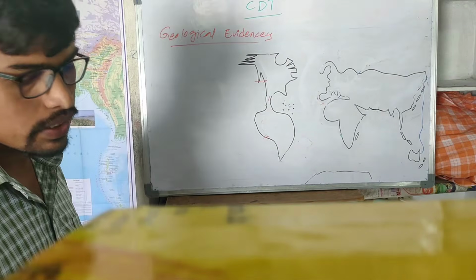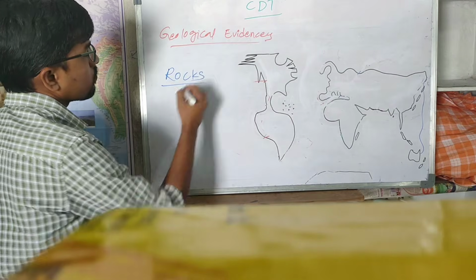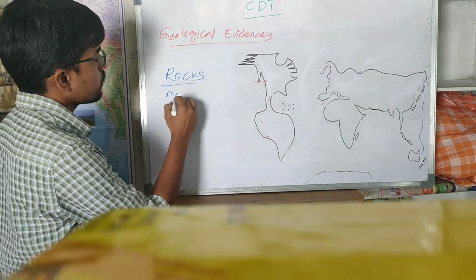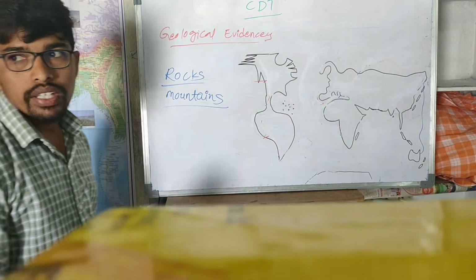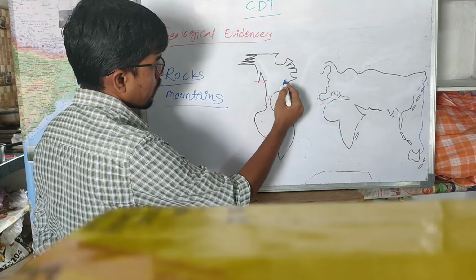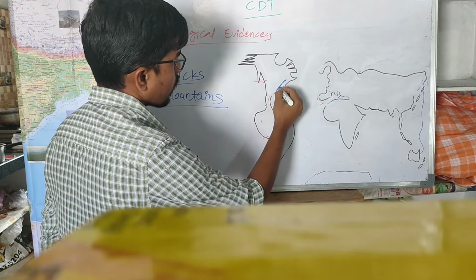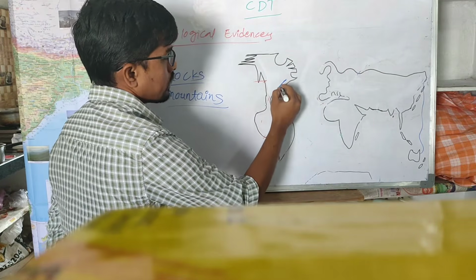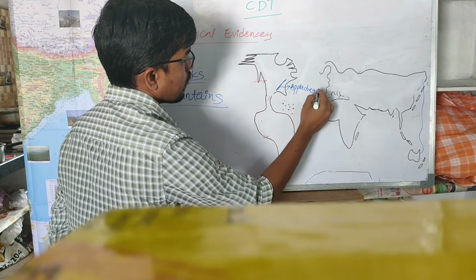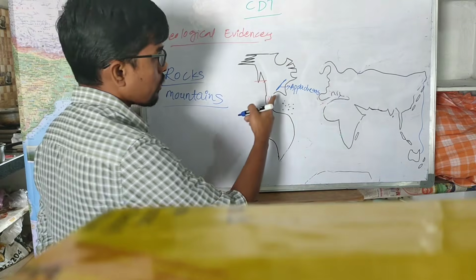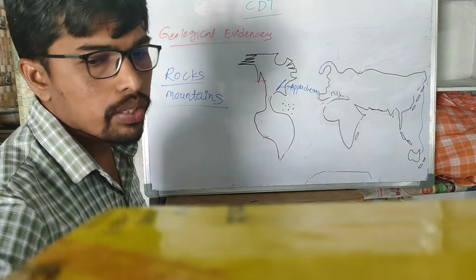Especially in the geological evidences, we can find rocks. Rocks and mountains are the geological evidences for us. The mountains which are present in North America, especially the Appalachians in North America, and some mountains which are present in